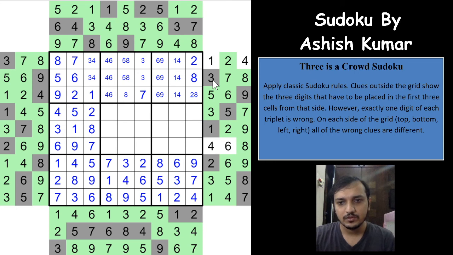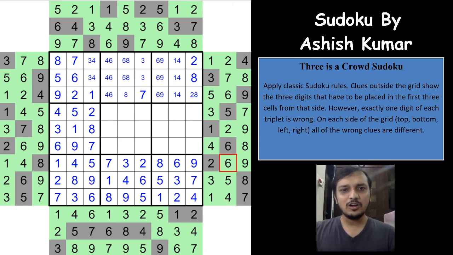Okay, and because the 1 being wrong, this 1 is correct, and 4 will have to be wrong, 4 is correct, 6 will have to be wrong. Excellent. We have marked all the possibilities of the whole grid being wrong or correct, so it's just a matter of placing the numbers. 1 can be placed here, 7 and 8 not sure, 5 and 6 has to be placed here, right?